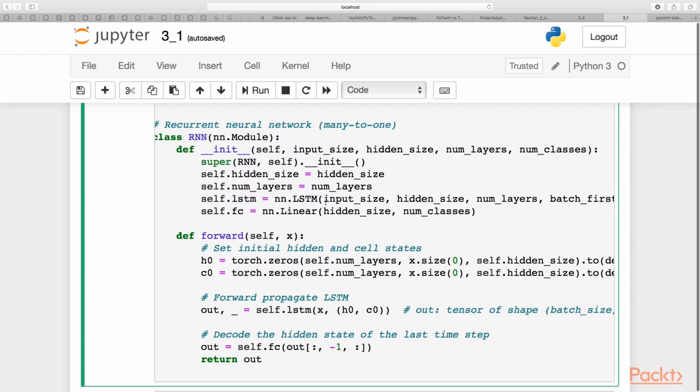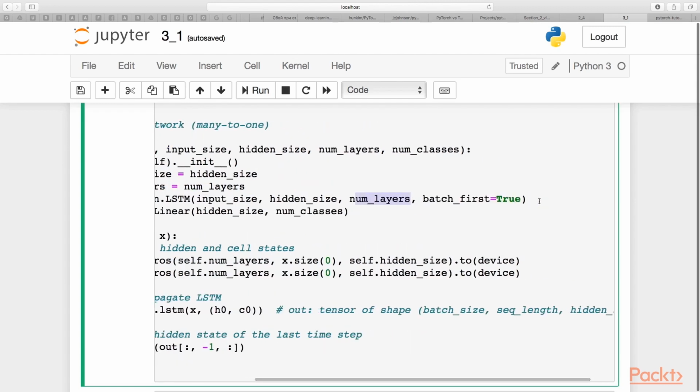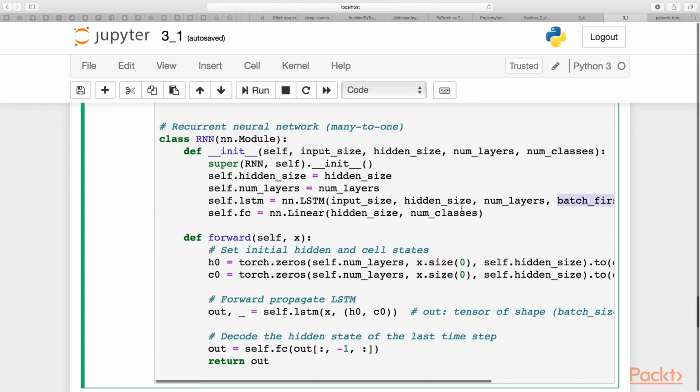Here in LSTM we should specify the input size, the hidden size, the number of layers, and the variable called batch_first. Here we should specify that it is true. Okay, and then at the end we will have a fully connected layer with the input size equal to the hidden size of our previous layer and the output size equal to the number of classes. So the number of classes will be 10.